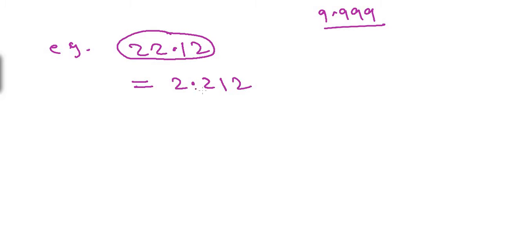Now in order to write a number between 1 to 10, we have shifted the decimal towards left. When we shift the decimal towards left, the power of 10 becomes positive. And positive by how many units? The number of units we have shifted the decimal. See, the original position of decimal is here. We are shifting the decimal to this new position. How many positions we are shifting? One position. So it is 10 raised to the power 1, and therefore the characteristic of this number is 1.